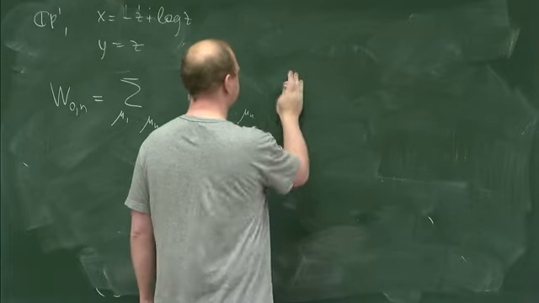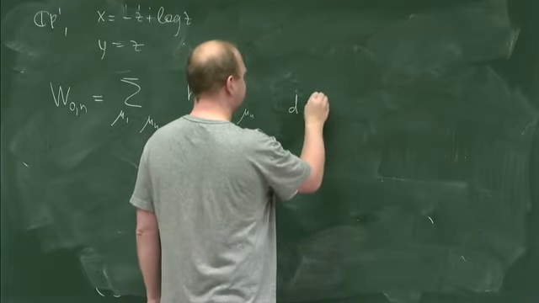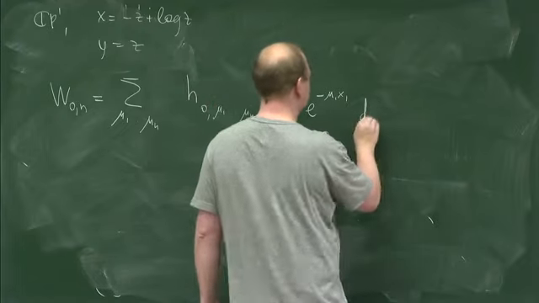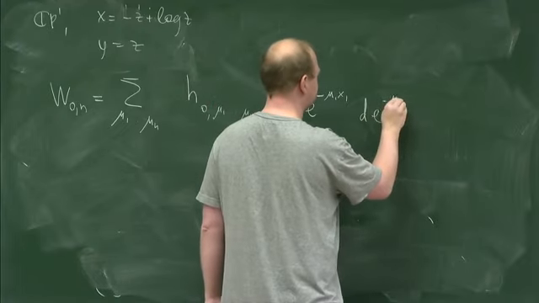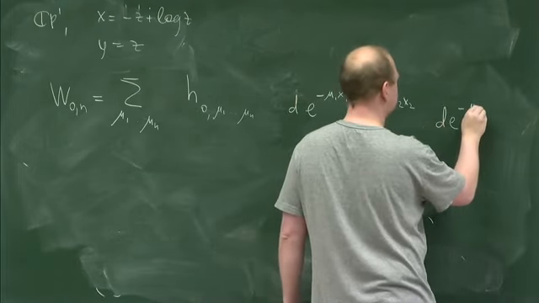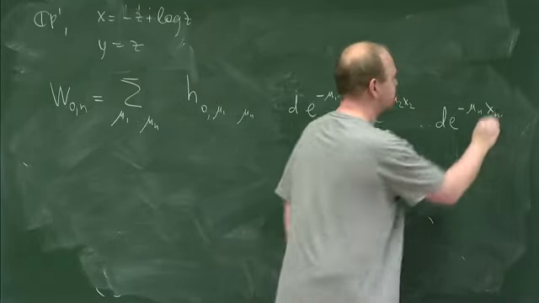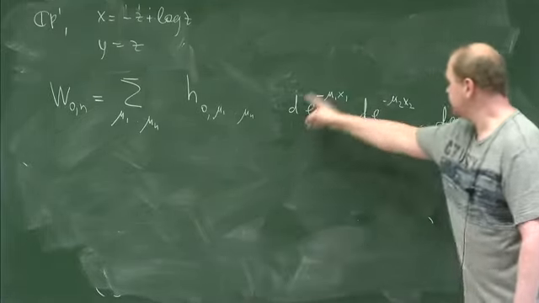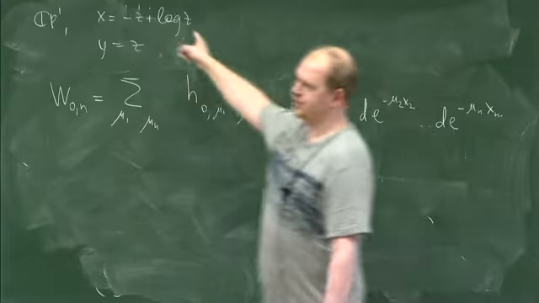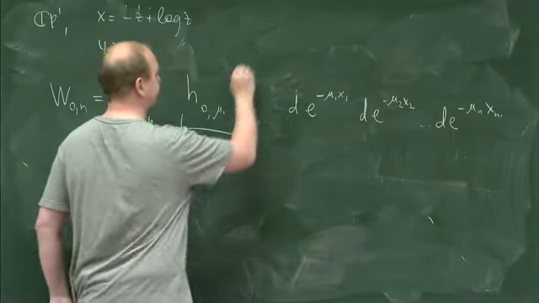In this case, it's going to be d of e to the minus mu1 x1, d of e to the minus mu2 x2, ..., d of e to the minus mu_n xn. Now it's completely correct. So this gadget is just some factor. It's clear that there should be a more complicated function because of this logarithm. And this gadget is just a Hurwitz number.